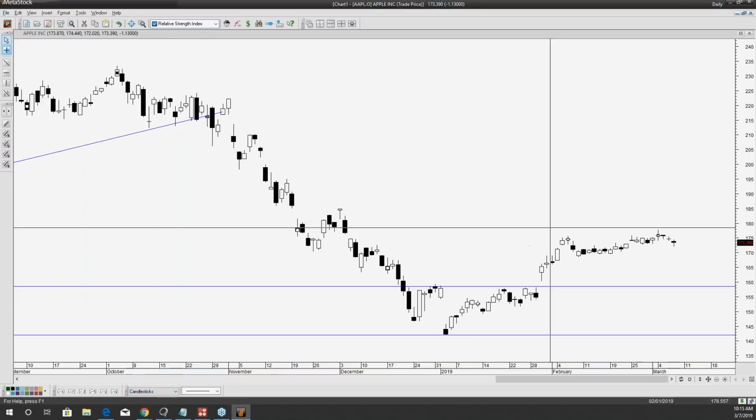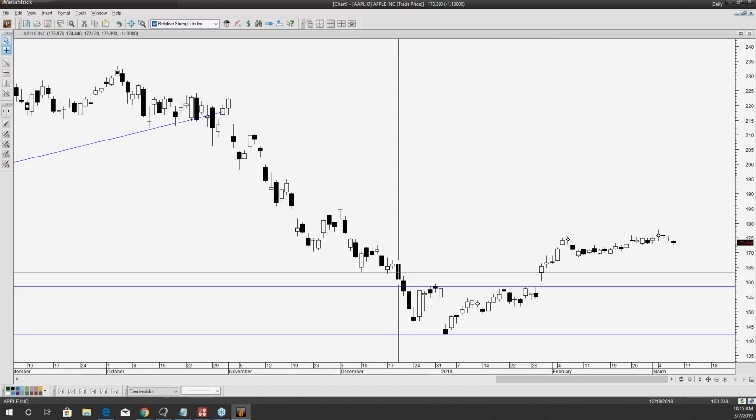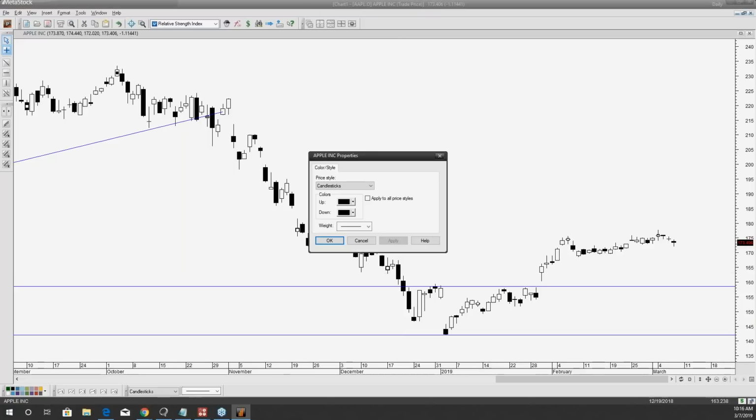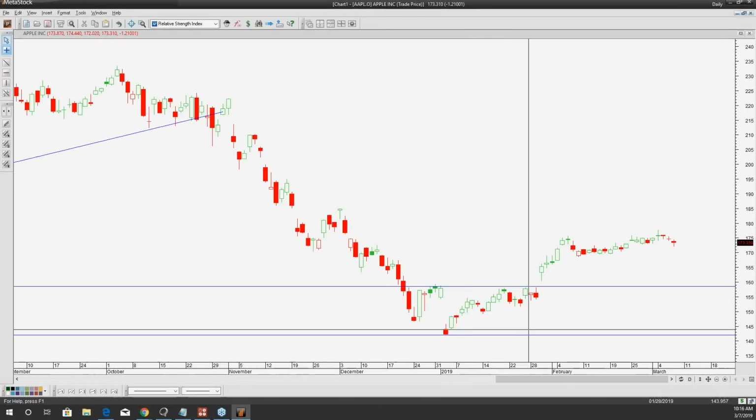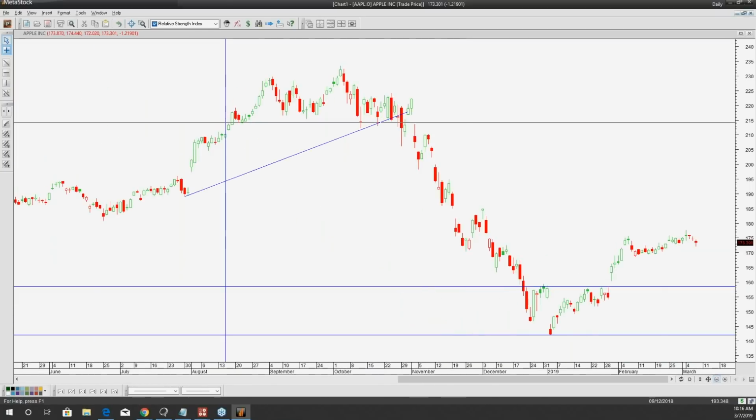We'll go with candlesticks. And when I apply candlesticks, you can change the colors of up arrows and down. What you do is you just double click on any candlestick there and you'll get a properties window. And that is another thing in MetaStock. Double click on something if you want to change something, right? You just double click on it and then usually a properties window will show up. Anyways, a color template pops up, but it's on my other screen here. So we'll do up is green, down is red, and then we'll click apply. And now we see the down days are red, up days are green. That's how that works. And we're starting to get a different look of the chart here.